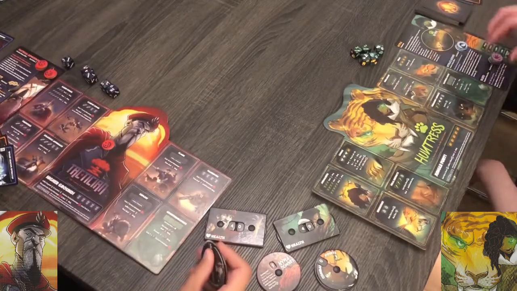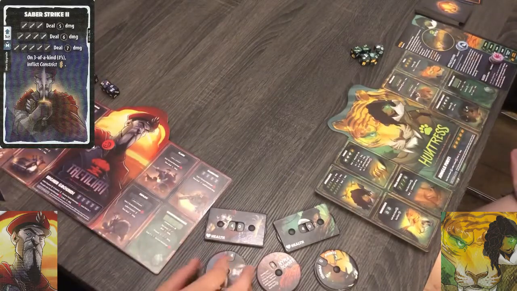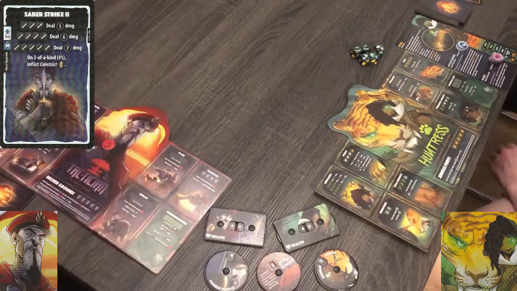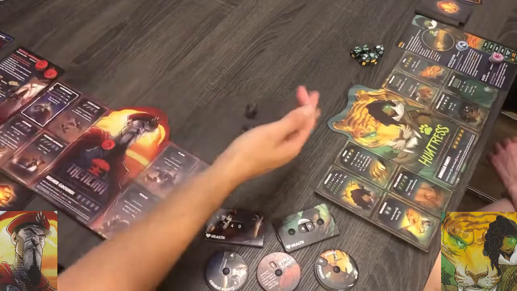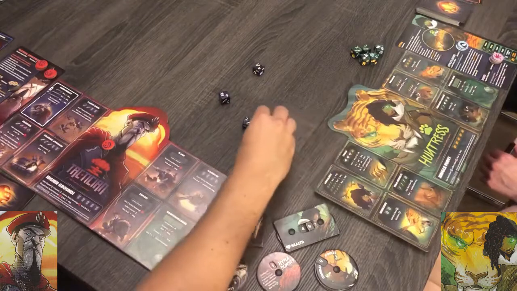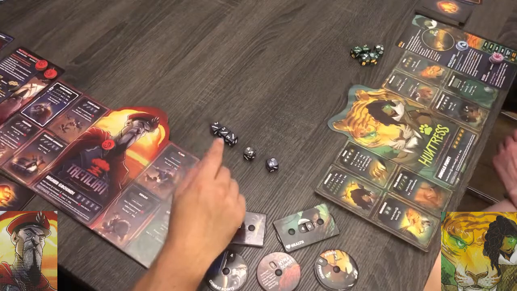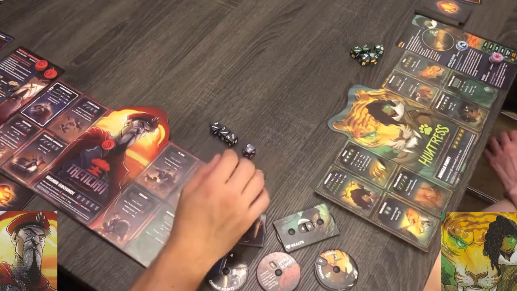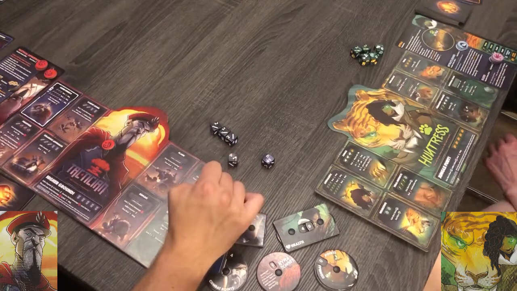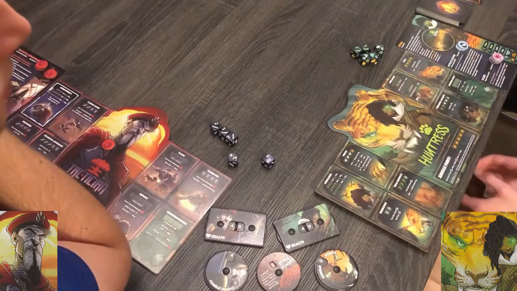I'm going to spend 1 for Saber Strike 2. Just kind of buffing up the basic attack. And we'll start rolling. Two, 2, 2, 4, 6. That's not what I want. Approach. Carpet bomb. Do collateral. What's your defense do? Just do different stuff, preventing, attacking, and...